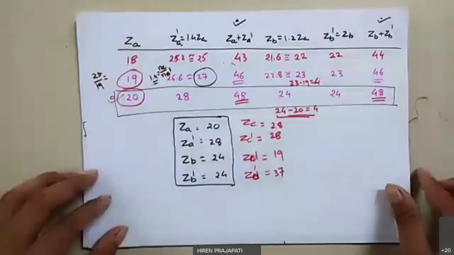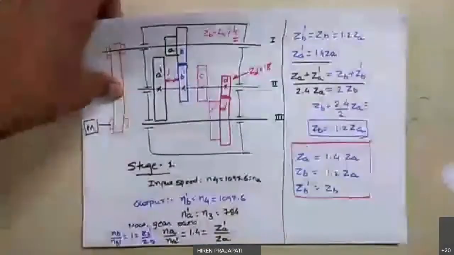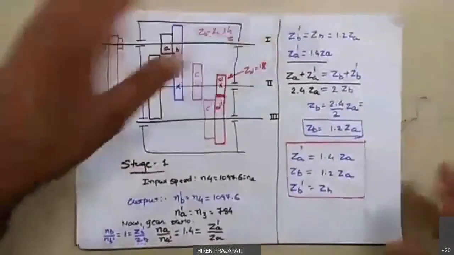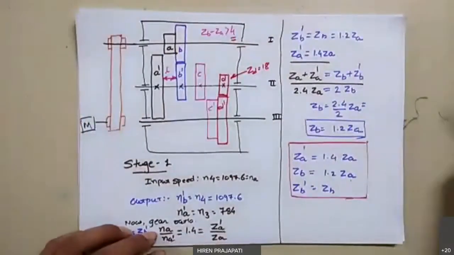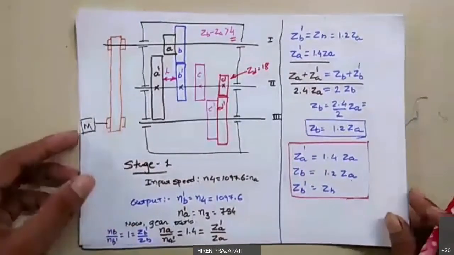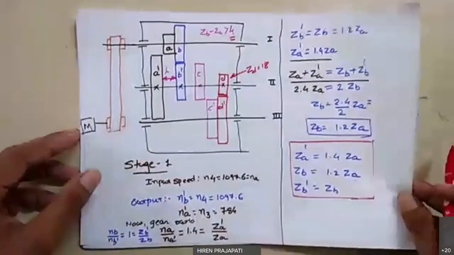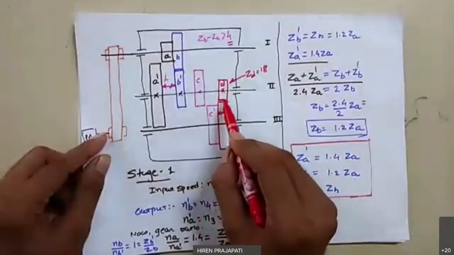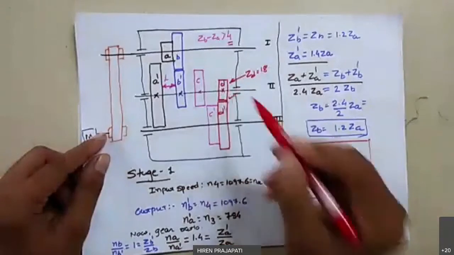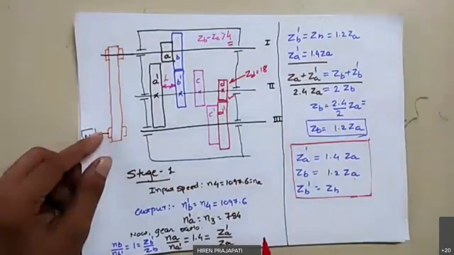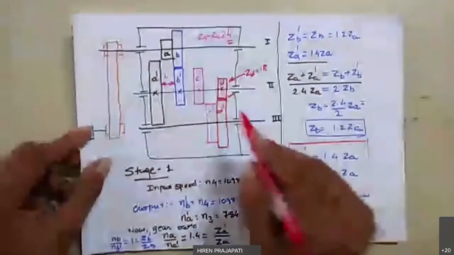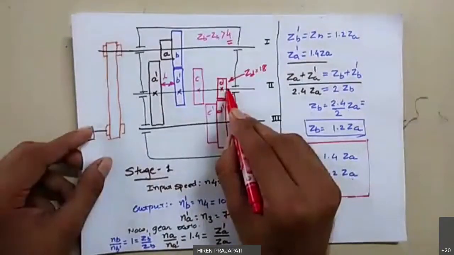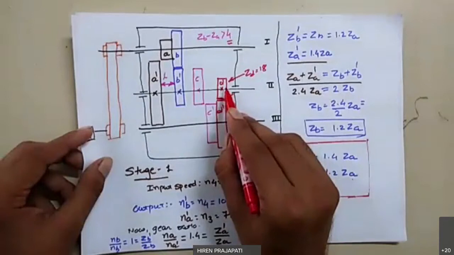Now let me quickly discuss the same for stage 2, because many of you have already given the correct answer in the previous session, but a few students may not have been able to complete it. First we need to check which one is our pinion for stage 2. D is the pinion for stage 2. So we start the iteration by considering the number of teeth on D as 18.